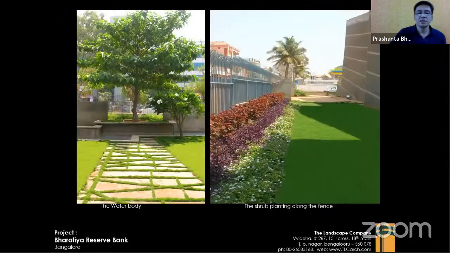We did the Reserve Bank of India corporate office. We had done their township and they really liked what we had done there, so they came back to us. You can see the layering of the plant material that we've done on the right-hand side photograph. And on the left-hand side, we created a pattern. Because it was a government project, they could not get into doing art and sculptures. We put the Kadamba tree as a sculpture. So that's the focal point.